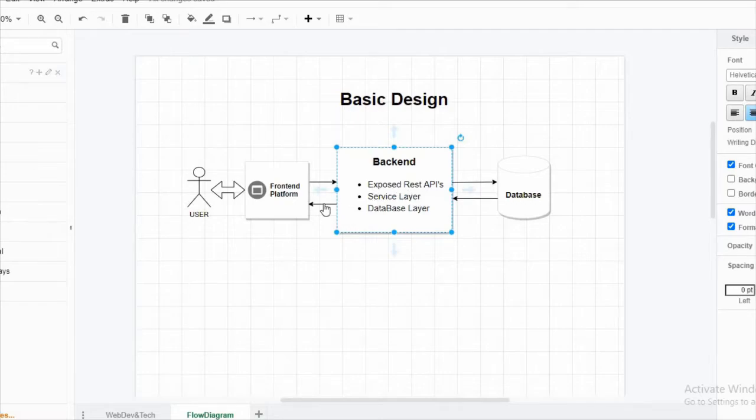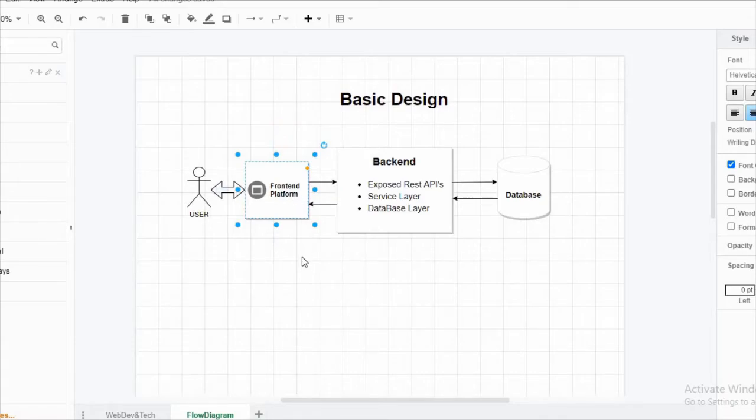So what will the front end do? It will pass the data to the backend. The backend, in the service and database layer, will check whether the user is present in our database or not. If that user is present, then it will give a success response to the front end, and then the front end may redirect to some other page and perform different tasks. But if it is a failure response, that is, the user is not present, the backend will give a failed response to the front end, saying that this user is currently not present in our system, and you can sign up to our website.